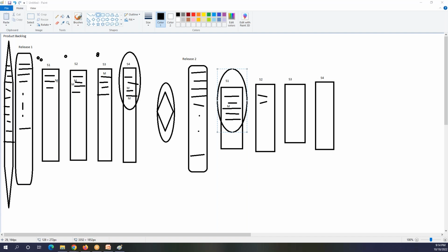Just count how many you have here. Before this sprint 1, how many major functionalities did we test? In sprint 1, we have one. In sprint 2, we have two. In sprint 3, we have one. In sprint 4, we have two. So how many in total in release 2, sprint 1? You have to check it.